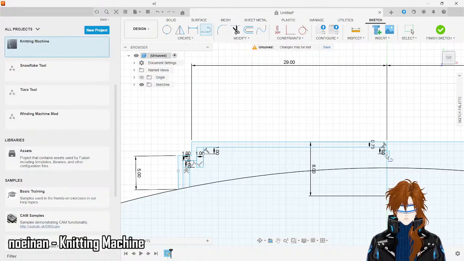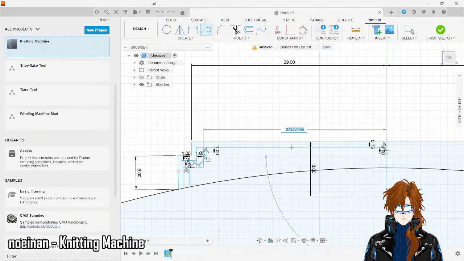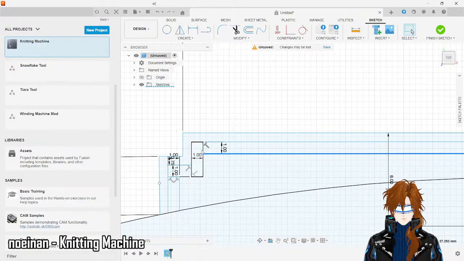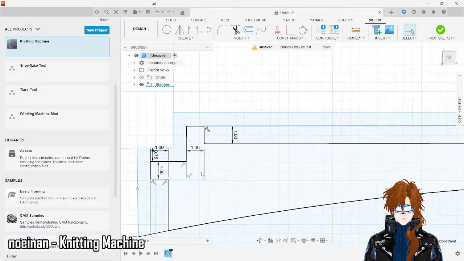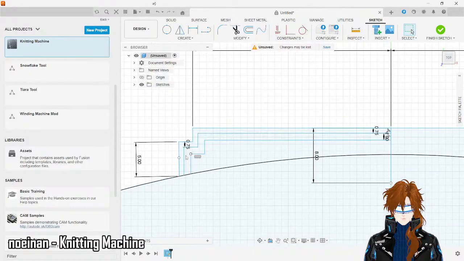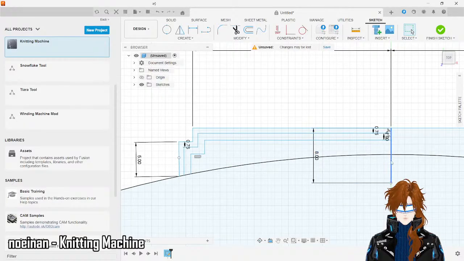Okay. And there we go. And also, let's get rid of the extra lines that we no longer need. I don't think we need this line. I do need a line going from here to here. And from here to here. But I don't need this line. And I don't need this line. Alright, so this is the negative space. And then we have one more